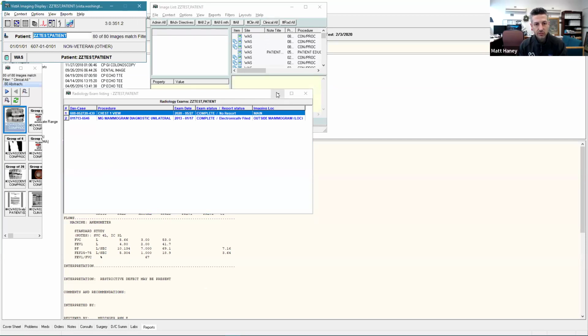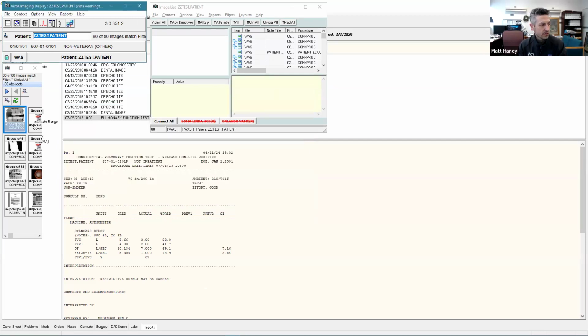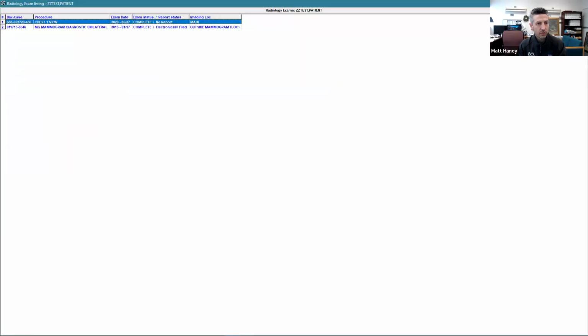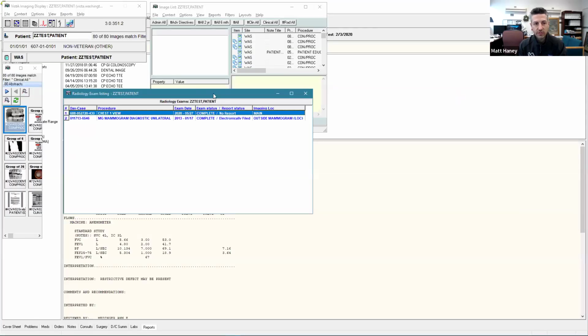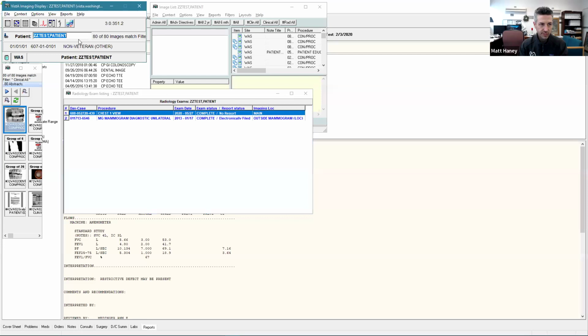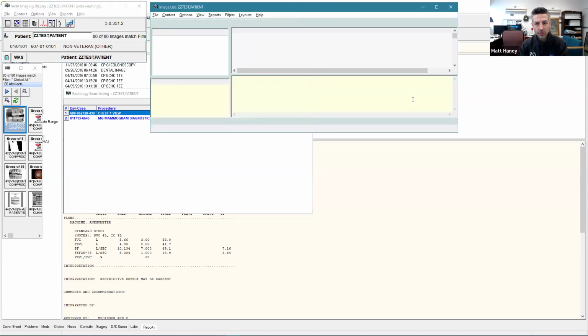If we minimize just one of these, it's going to shrink down in the corner by itself, and then we have to open it up separately. But it can get lost because it will appear down in the bottom of your screen somewhere. So really just use this box, the small one that has the patient's name. Sometimes this will have a patient photo as well. Use this to control the imaging viewer here. These other windows,